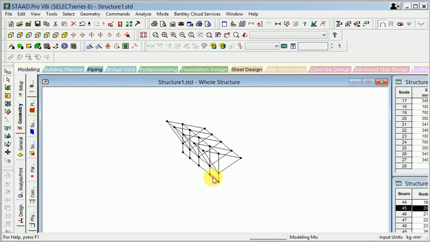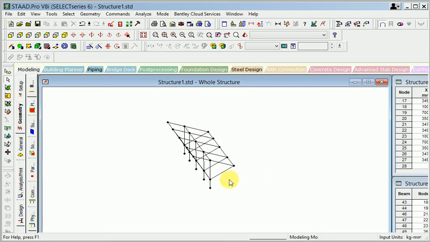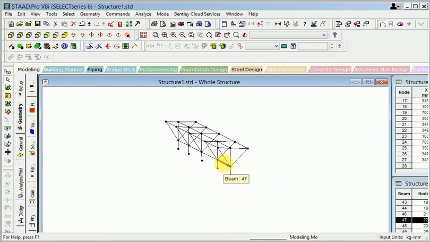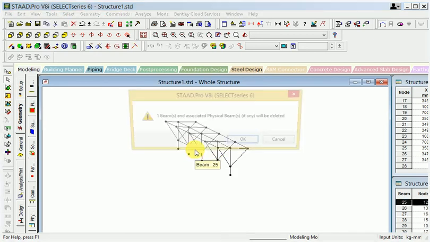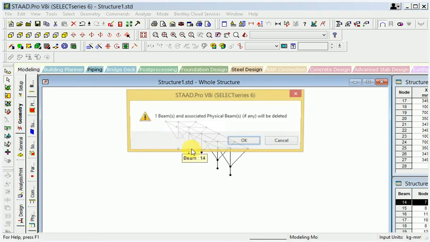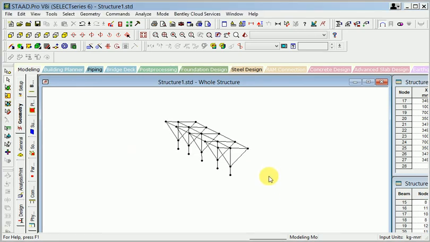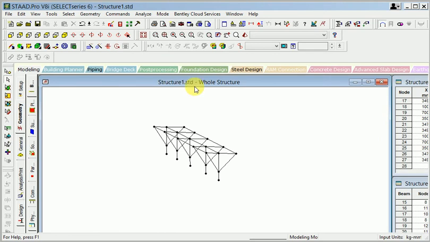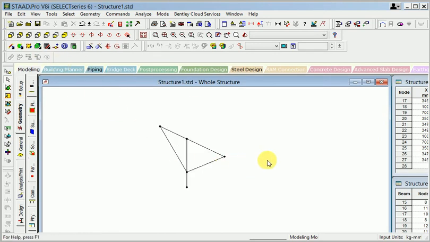So when I go to isometric view, look at this. This is joint here. When I go to remove the extra line, so look at this.